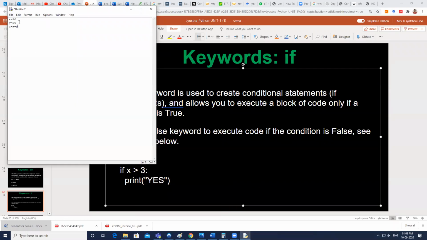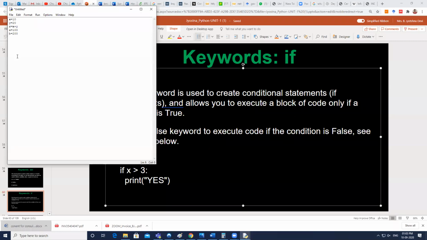So now let's see this set of statements. How will these statements be executed? First, x equal to 10 will be done, right? In the sequence, the first statement, then the second statement, then the third statement. So x equal to 10, followed by y equal to 20, followed by z equal to x plus 5. If you have many other statements, something like a equal to 100, then b equal to 200, something like that.